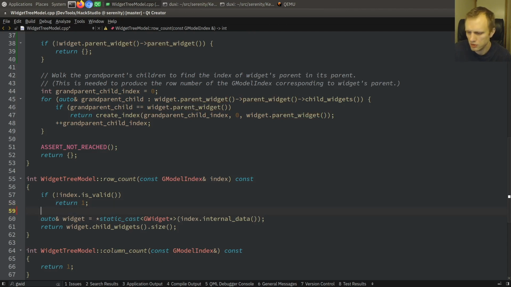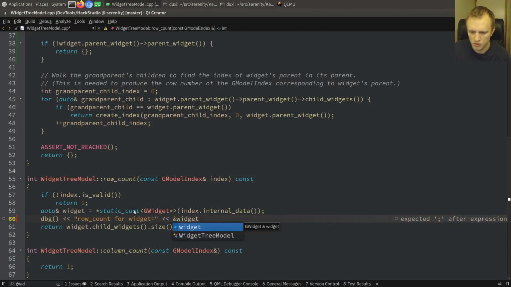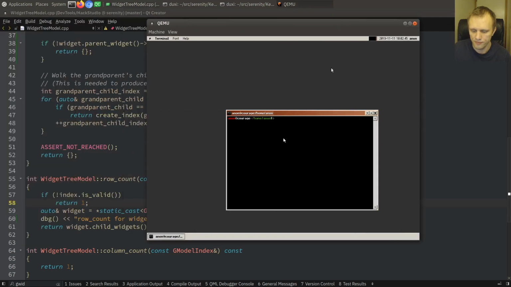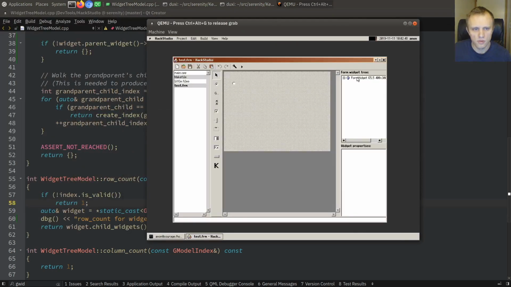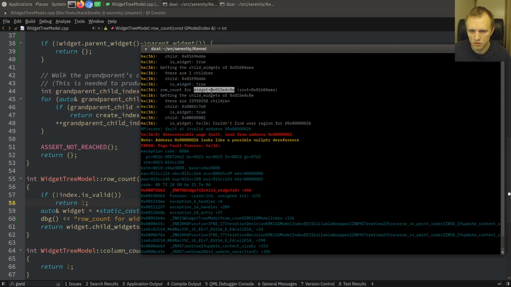Let's just say which thing we are checking on here. So, row count for widget. We can also say root, footer, just for reference, and then we'll know what we're checking on, and we'll know what the root is. Okay, so row count for